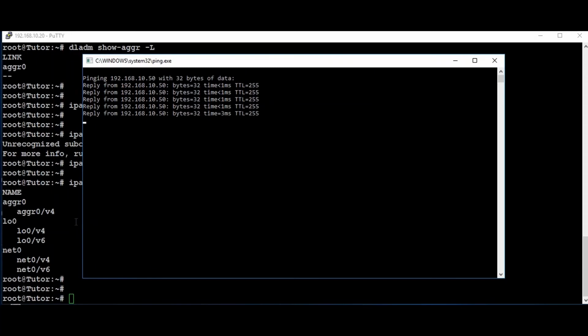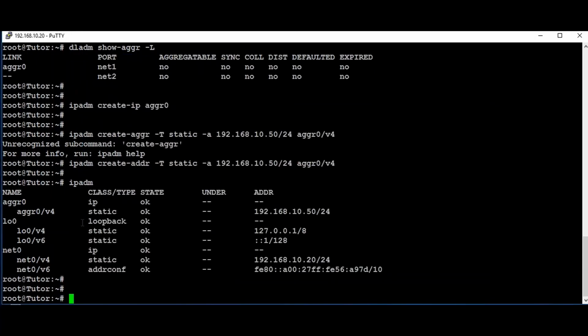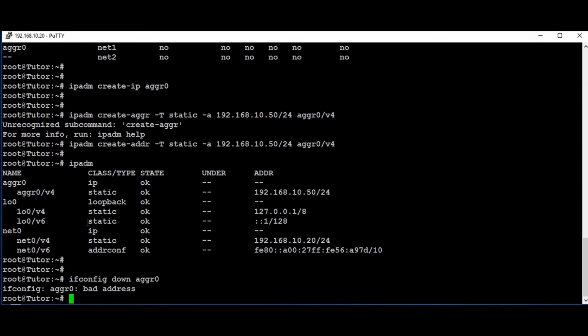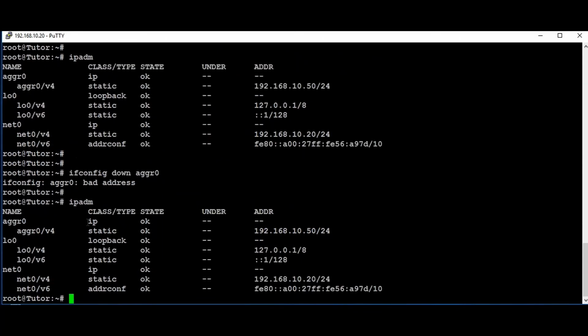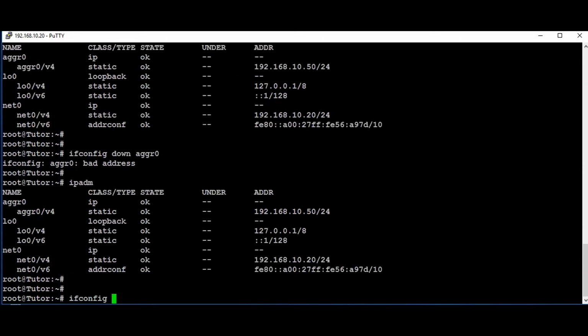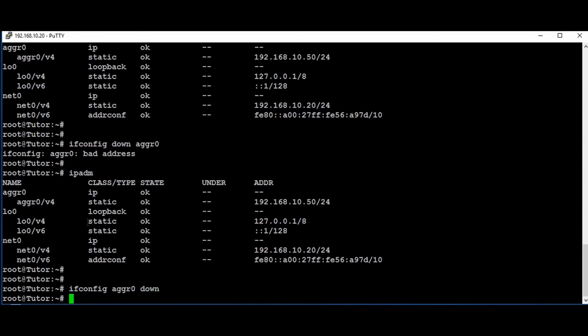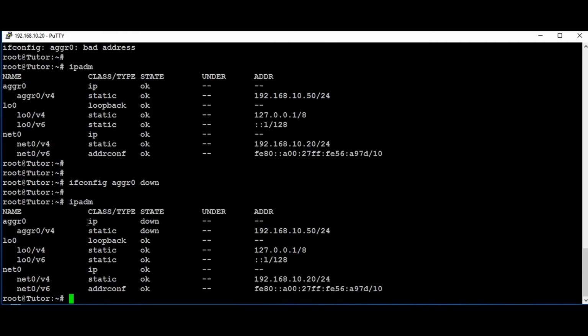To check, I am going to bring down the interface and we can see the ping status. ifconfig aggr0 down. Aggr0 is down now.